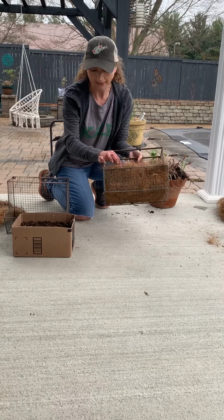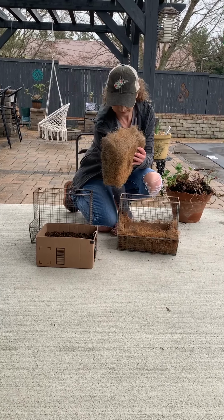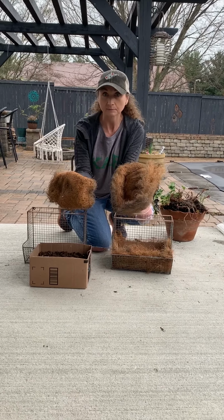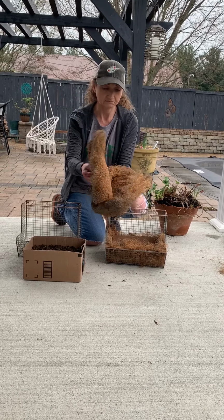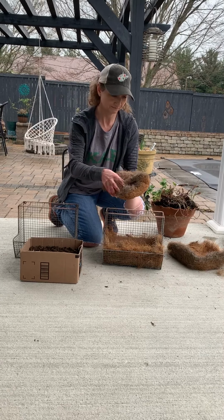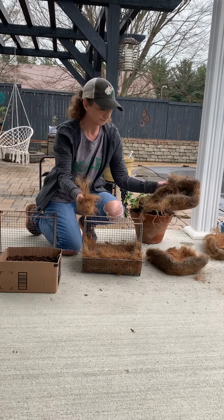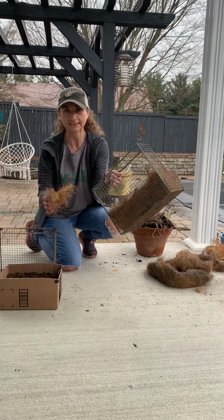But what I have is coco liners that have seen better days. They're supposed to be a basket. These have been outside here at my home for probably a good 2 years. I've done nothing with them. Thought, well, that could be something I could use. Comes apart pretty easily, like an animal's nest of sorts. Took this, layered it all around the inside,